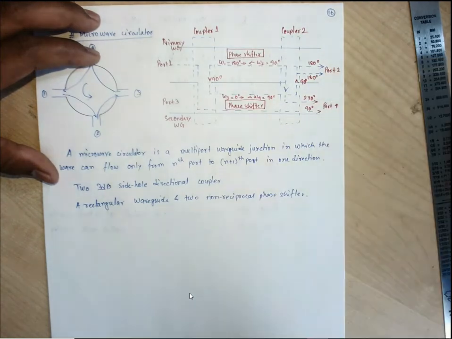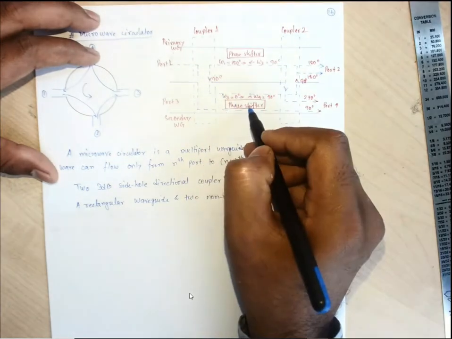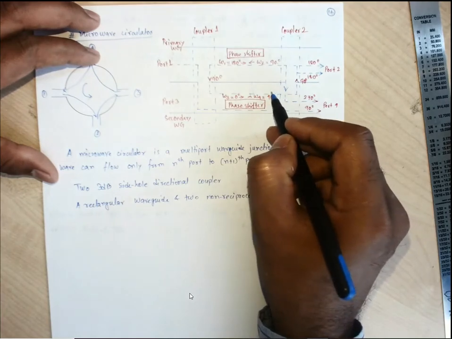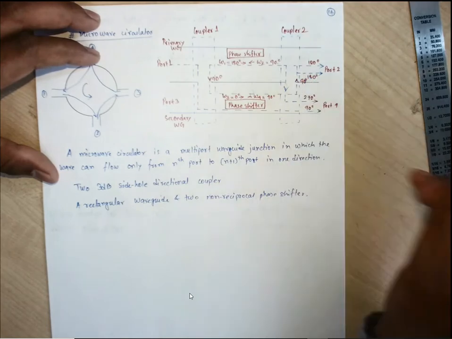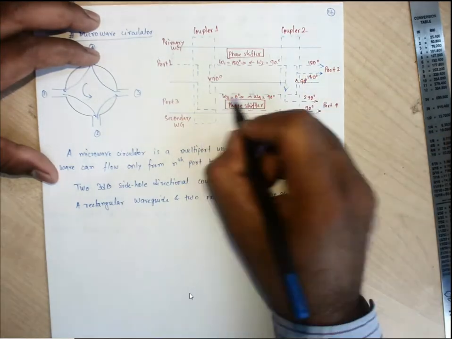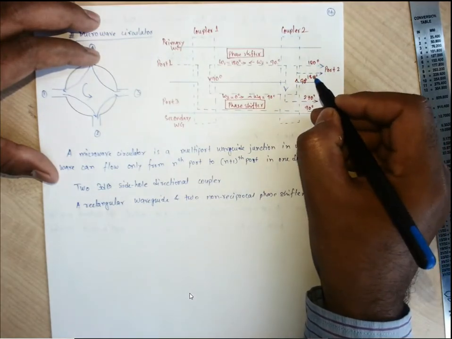Just try to understand. The coupled output has a 90 degree phase shift and is given to a phase shifter of 0 degree phase shift. So a 90 degree signal is the input at coupler 2. Again it will have a 90 degree phase shift at the coupled port. So this 90 degree plus 90 degree is 180 degree. So 180 minus 180 degree, so no phase shift.